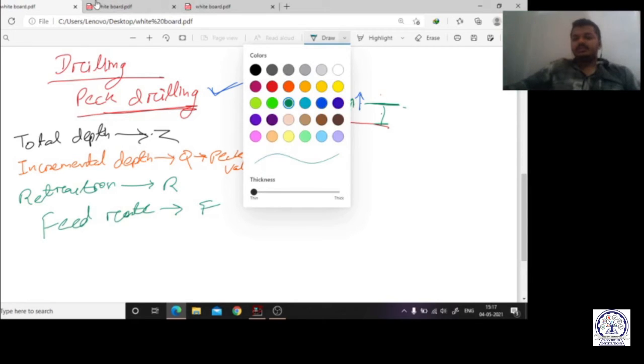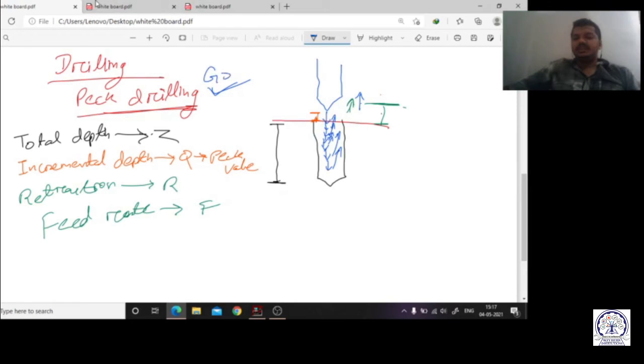For the peg drilling operation we have to write the G83. G83 is a canned cycle, so we can do the peg drilling by using the G83. So the parameters we need are Z, Q, R and F, and also the position. So this is a very simple drilling operation. So now we are going to apply it.